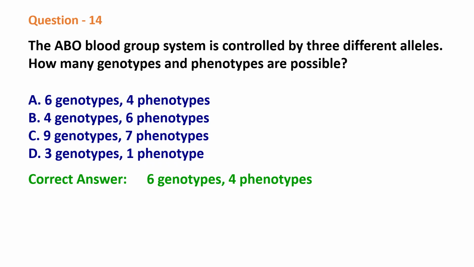See, in this kind of blood grouping, the ABO blood group system, this is an example of multiple allelism. That is, 3 different alleles are controlling this one. Actually, for every character, there will be only 2 alleles for a gene. But in this case, more than 2 alleles are there. So, ABO blood grouping is an example of multiple allelism. So, here 6 different genotypic combinations are possible, which will produce 4 different phenotypic combinations.